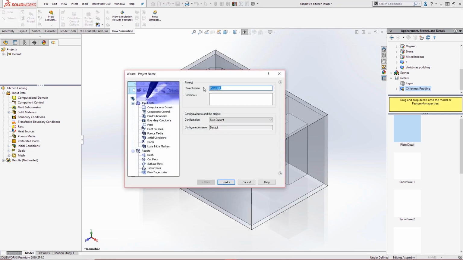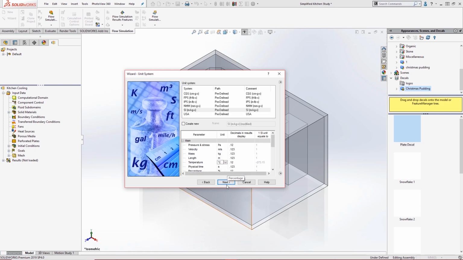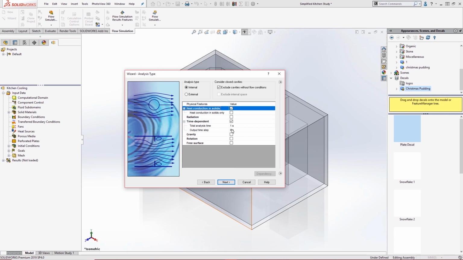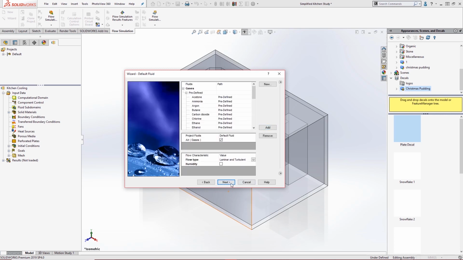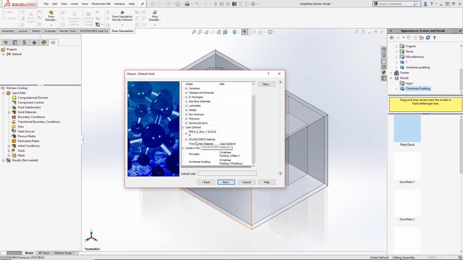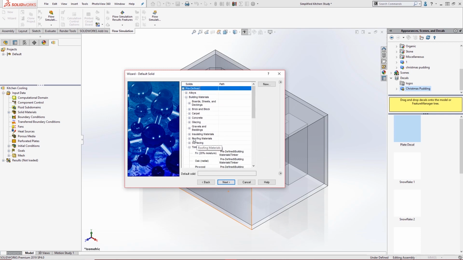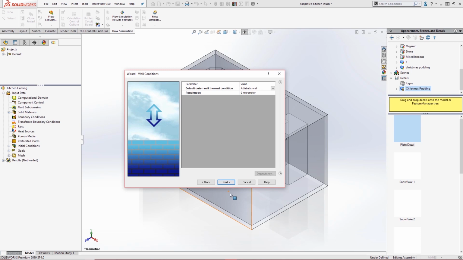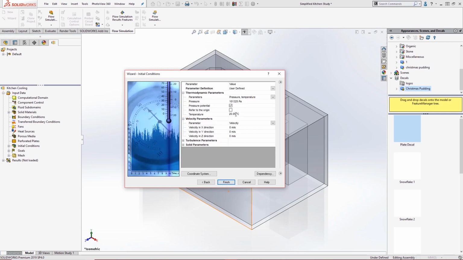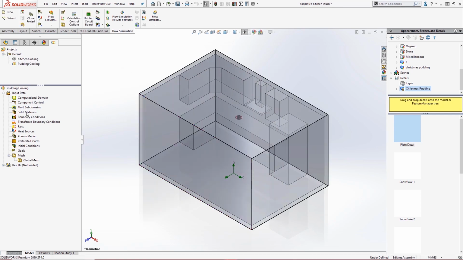This time we're setting up the study through the wizard with our default fluid as room temperature air, although this is a kitchen just after cooking Christmas dinner, so we can bump it up a few degrees. We'll put it about 25 degrees Celsius and also define our default solid as lightweight plywood to account for the kitchen cabinets. We need to make sure heat conduction in solids, time dependency and gravity are selected and assign our pudding and porcelain materials.